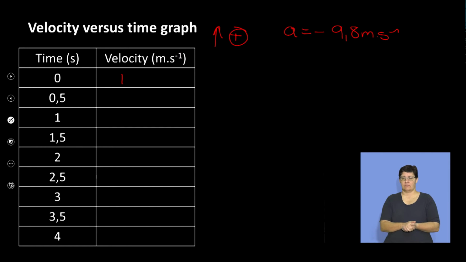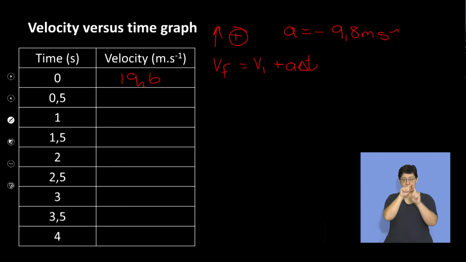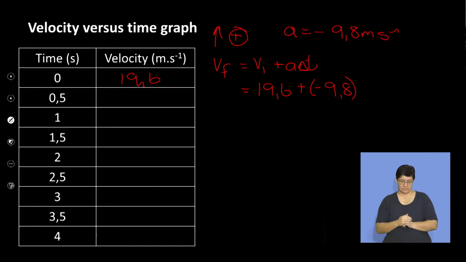Right, initial velocity was 19,6. I need to calculate the velocities for all the rest. Thinking about the information I have, I'm going to use this equation. If I write it correctly, that's always important. VF equals VI plus A delta T. Now what's going to stay the same is the fact that that's 19,6. This is minus 9,8. And for each of these equations, I'm going to change time. First one is at 0,5,